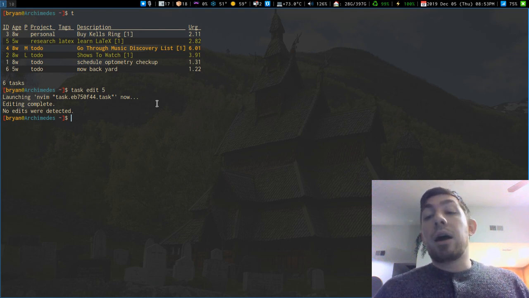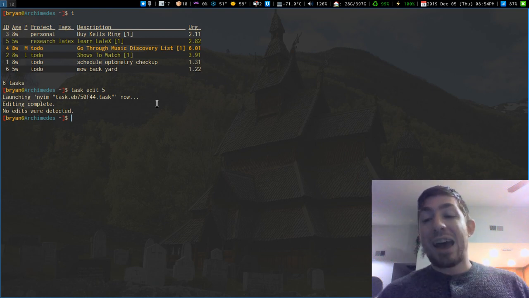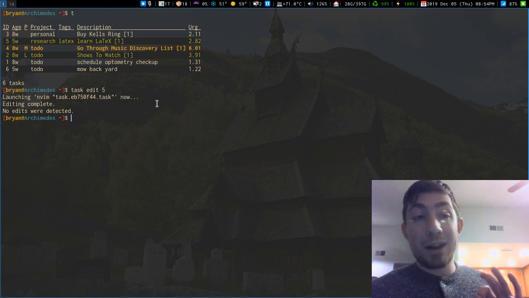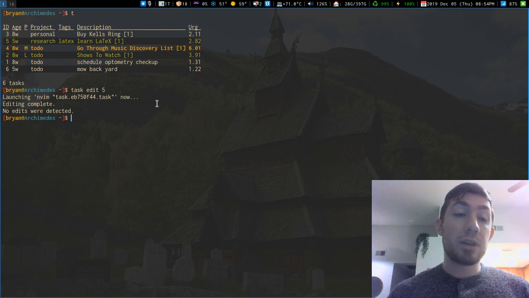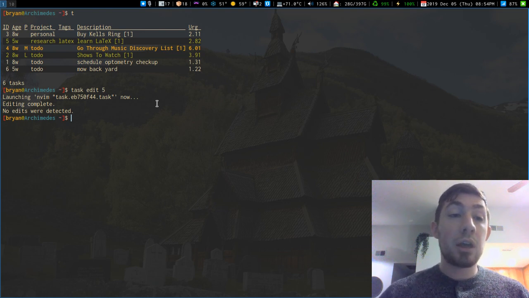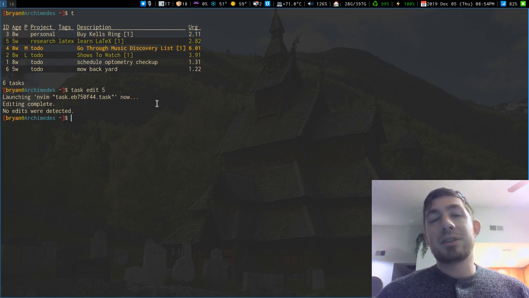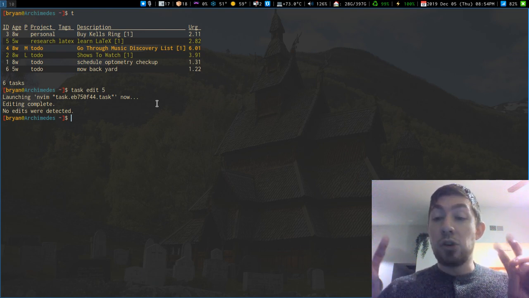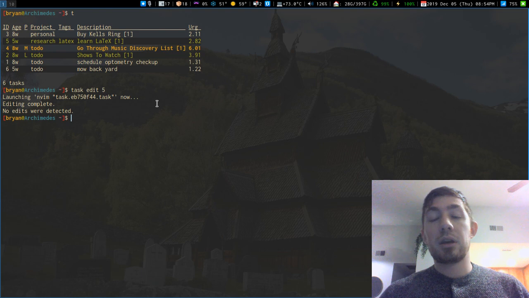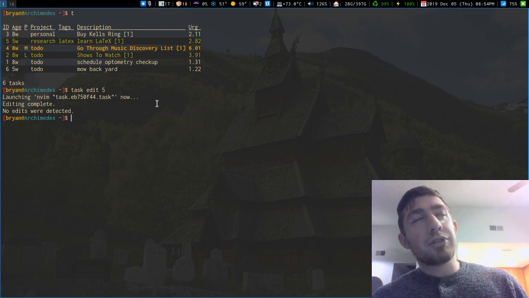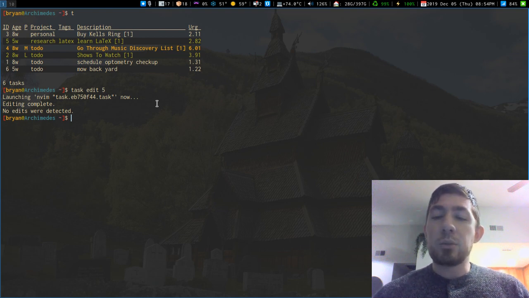But I also downloaded an additional package called Task Open, which works with Taskwarrior. Taskwarrior has a lot of extensions and packages that work with it and expand its functionality. The only one I've really used so far or really cared about is Task Open, because it allows you to have URLs or a markdown document of notes attached to your task. Now, I think this actually stores the documents in the task itself, like in the JSON string maybe. But what I tend to do is I have a file somewhere in my computer,